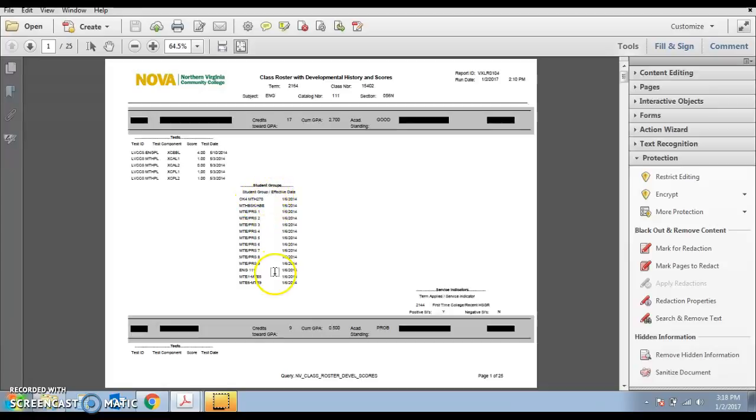information in the student groups column, which is usually the middle column here. You want to look for a note that says the student took a placement test of some sort, probably the VPT, the Virginia Placement Test, and scored in such a way that he or she is now placed into English 111. That's it. If you see the English 111 in student groups, he or she is eligible to take your